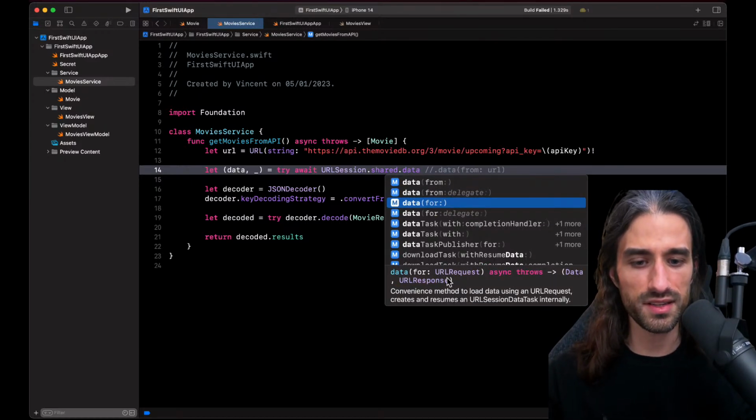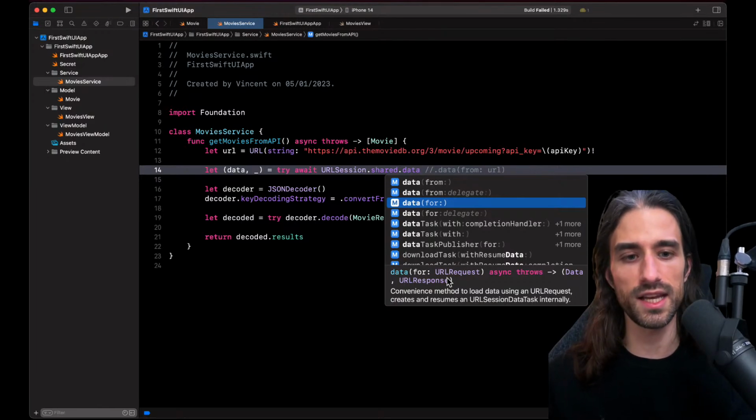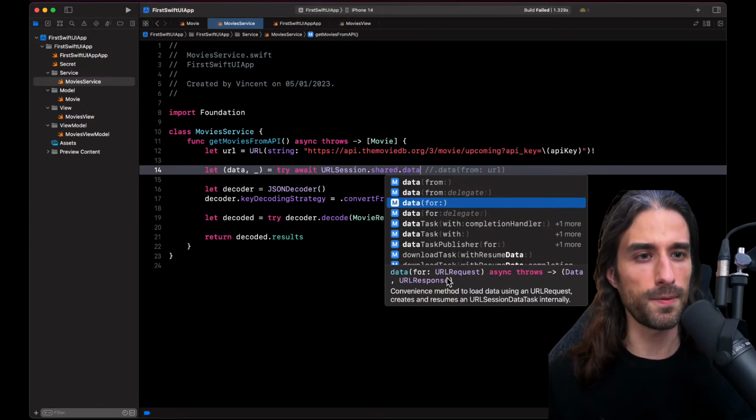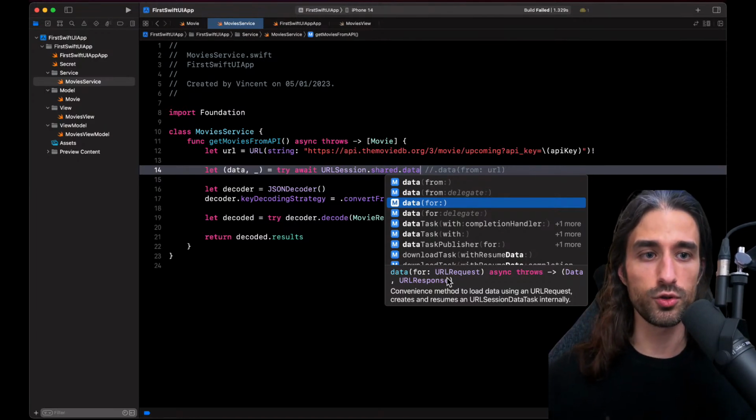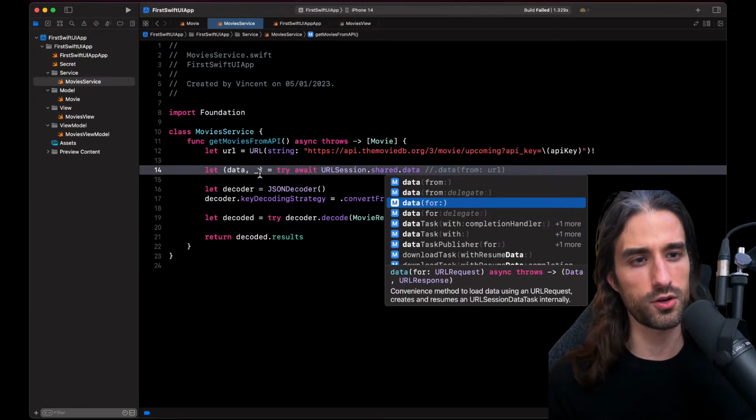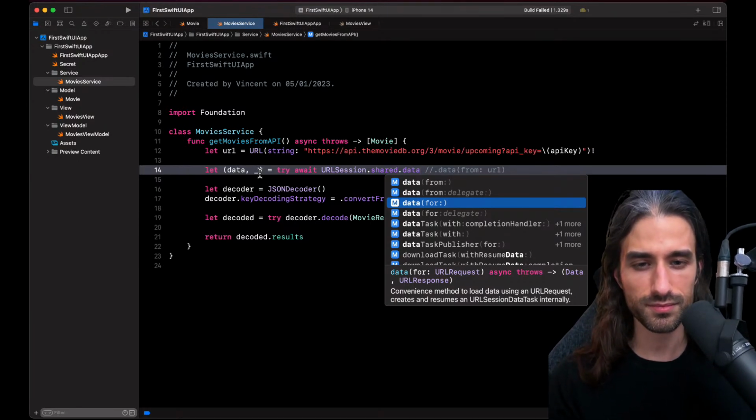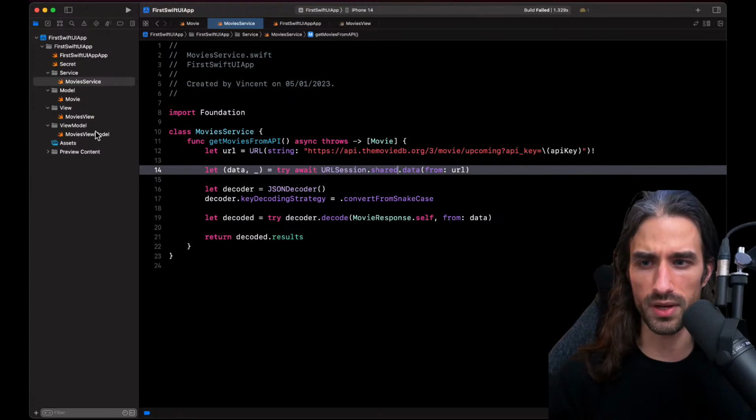And the URLRequest is basically a URL along with more configuration like the HTTP method, so get, post, put, delete, a body. When you're doing a post, you have a body, the query string arguments that you can also represent. So you would create a URLRequest in between your URL and the network call and use that URLRequest. That's how you would do it. Great question, by the way.